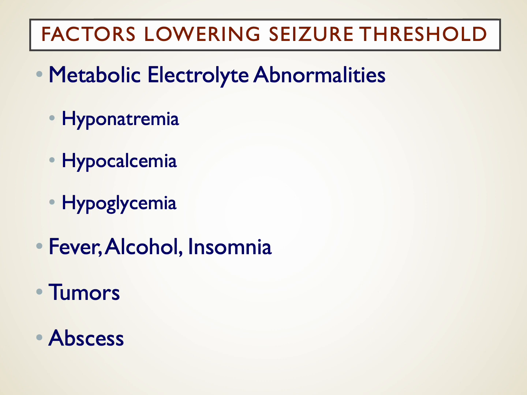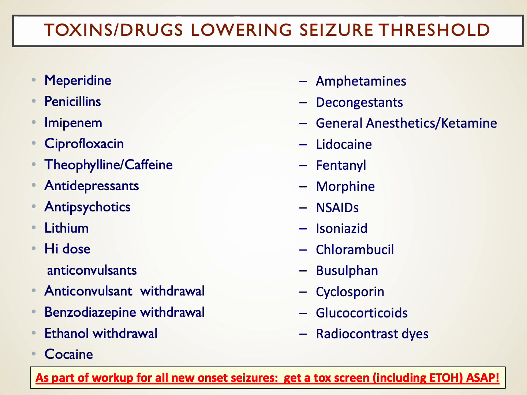Whenever someone has a new onset seizure, one of the things that goes through the clinicians' minds is whether or not there's a mass of some kind in the brain, a tumor, an abscess. And so that might be part of the workup. Most commonly, when we see a new onset seizure in a patient who comes in the emergency room who doesn't have a history of seizures before, or maybe who does have a history of seizures, we want to look at whether there was a toxin or a drug that lowered seizure threshold.